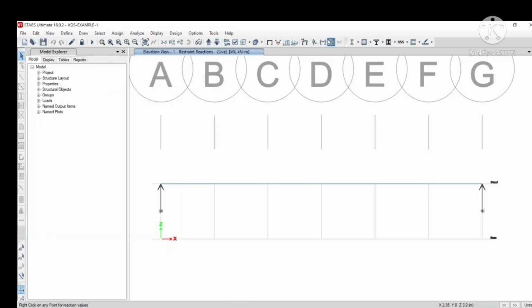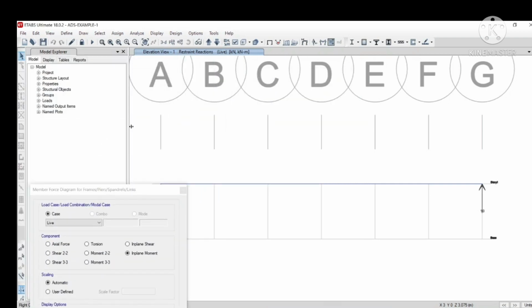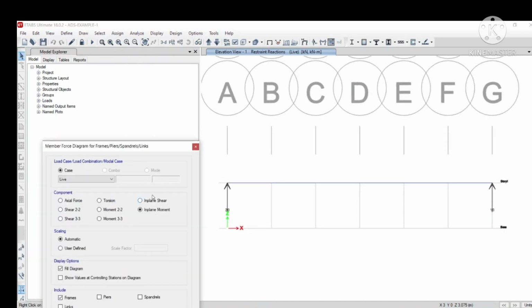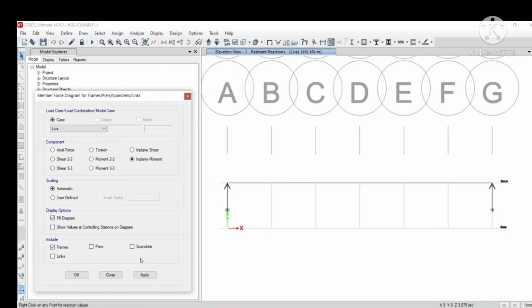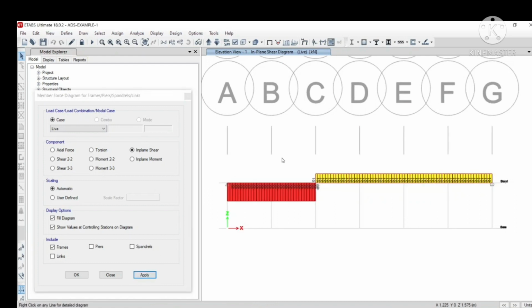Okay, now let us find the bending moment and shear force. And yes, this is the in plane moment. Let us find. Now you can see the maximum bending moment. Yes, you can see the shear here at each and every point.